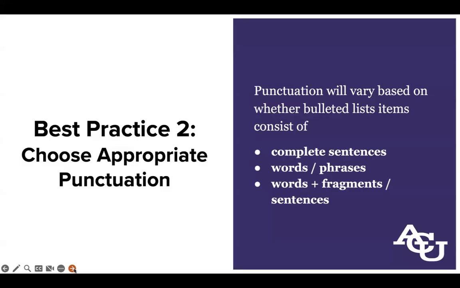So next, our best practice number 2 is choosing appropriate punctuation. Punctuation in a bulleted list will vary based on whether the bulleted list items consist of complete sentences, words or phrases, or words plus sentence fragments or sentences, I should say. So we're going to go through and look at how you would punctuate in each of these